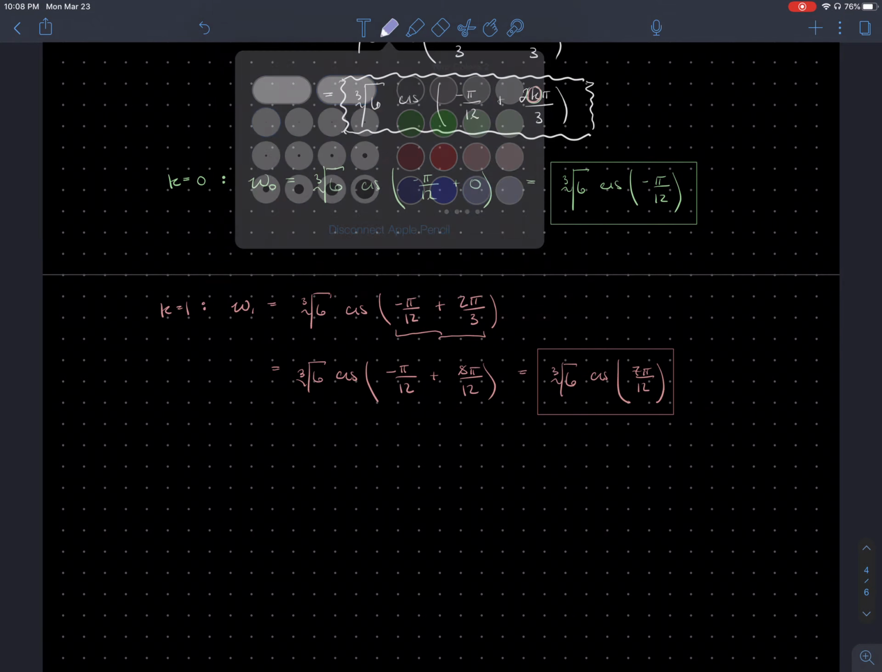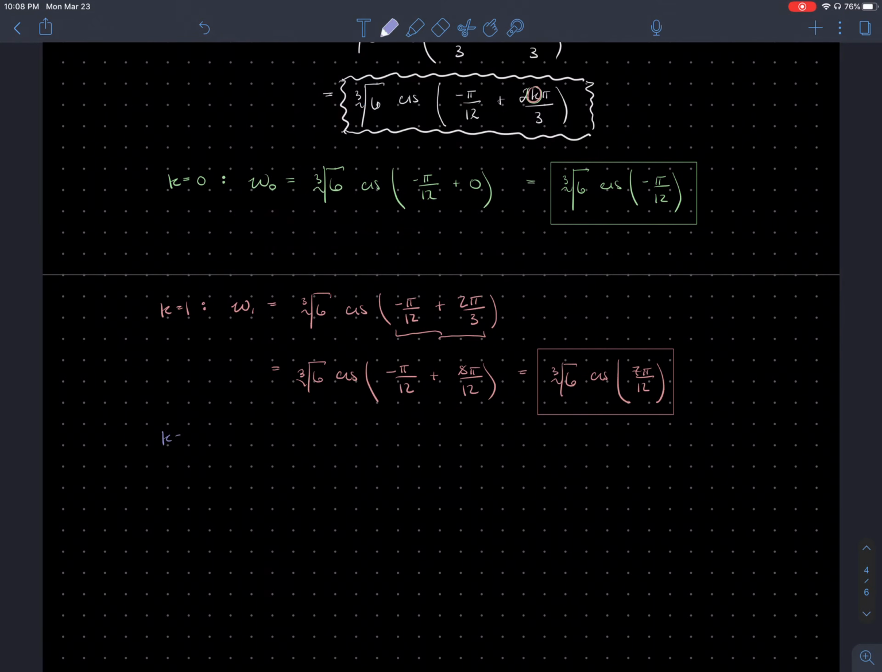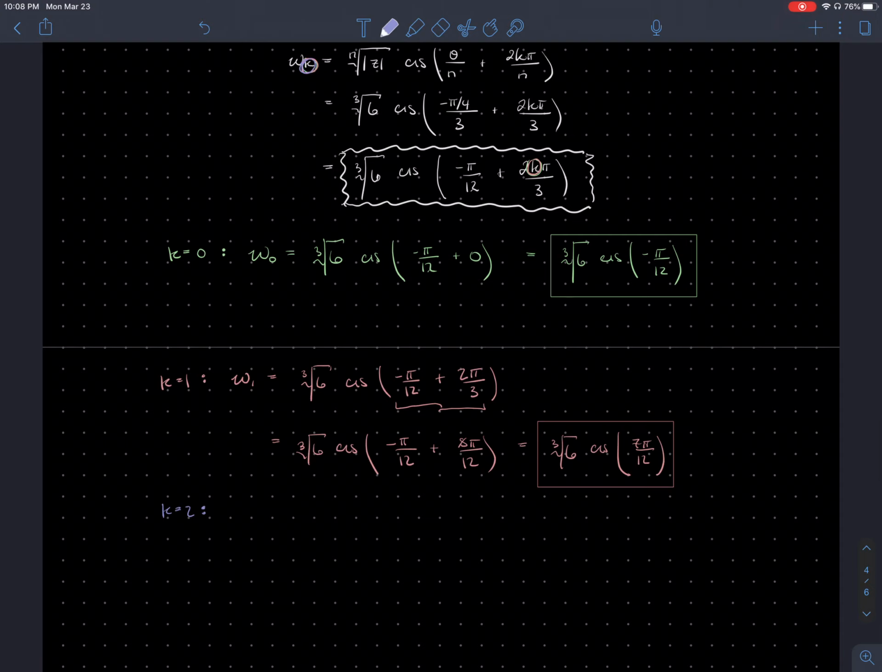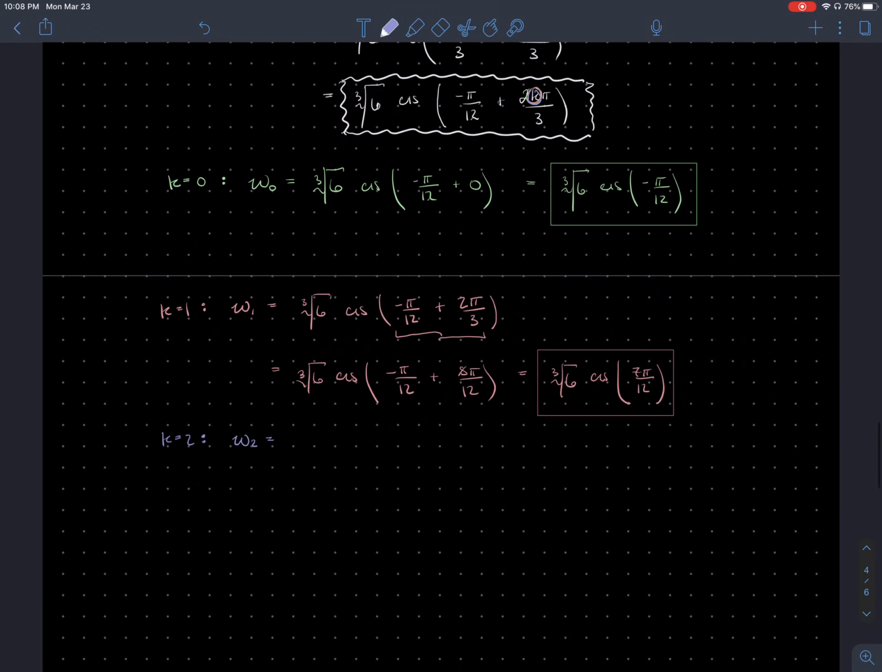Okay, and for our last one, k is equal to 2. So we're plugging in a 2 for all of our iterations of k. So we're going to have w sub 2 for our label. We're going to have cube root of 6 times CIS of negative pi 12ths plus 2 times 2 times pi, which is going to give us 4 pi over 3. Then when we get a common denominator, we have cube root of 6 CIS of negative pi 12ths plus